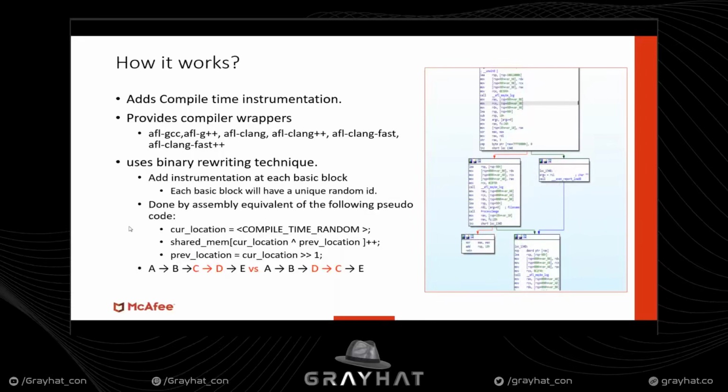AFL uses a binary rewriting technique to add instrumentation at each basic block. Each basic block will have a unique random ID, which AFL will use to track the coverage of the program. In case you are wondering how AFL tracks the coverage or the code path a program takes, it is done by the assembly equivalent of the following pseudocode, as you can see over here. AFL maintains a coverage bitmap, which is actually shared memory. It works by taking the compile time random ID of the current block. For example, right now the program is executing this particular block, so it will take the unique ID of that block,